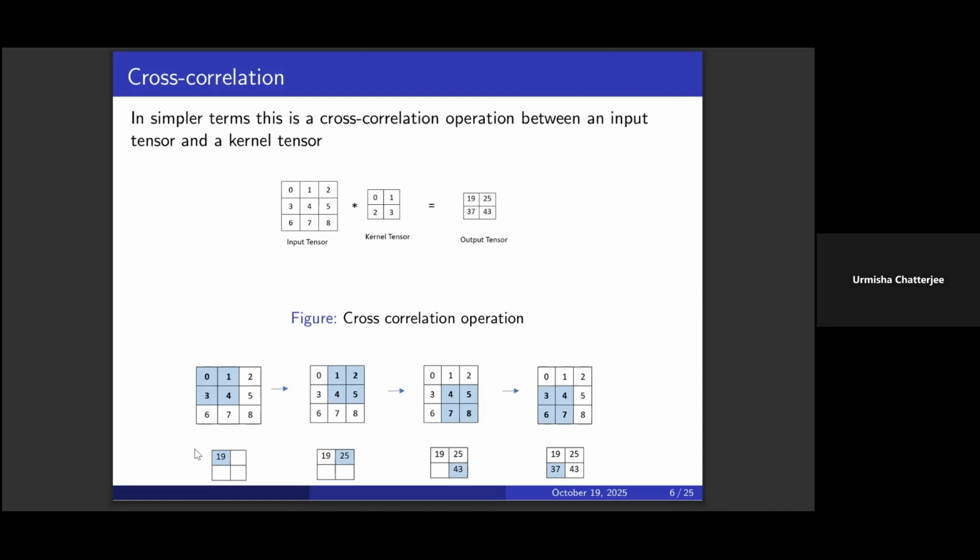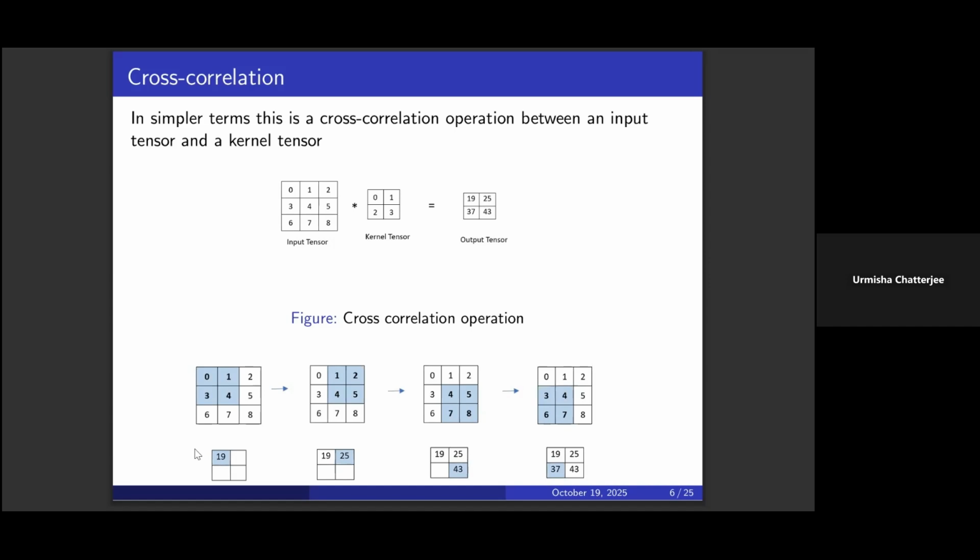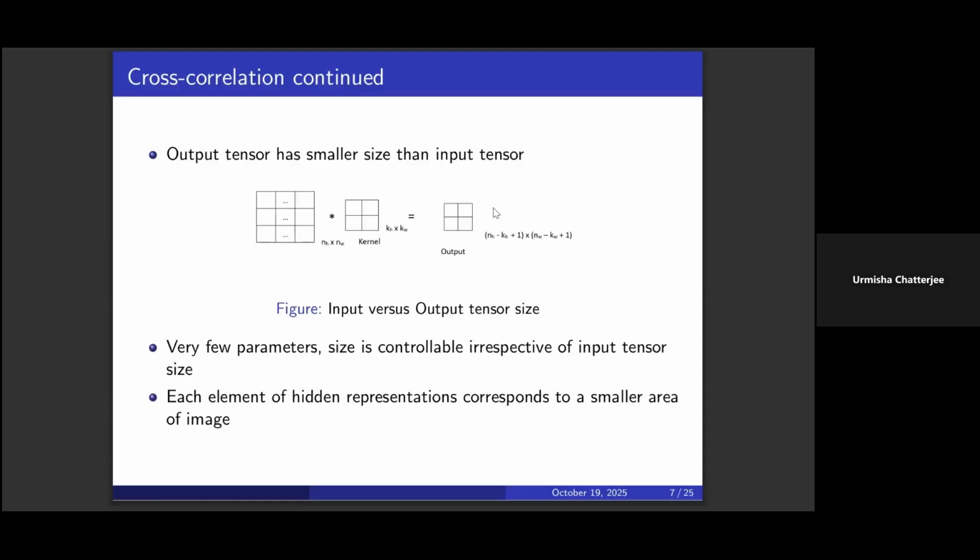So this is the cross correlation operation. Before moving on to see what exactly this operation is doing, there are 2 points worth mentioning. First, whenever we are doing a cross correlation operation, see that the output tensor that comes out has a smaller size than the input tensor. This is one typical thing. It has one advantage: when we have very high pixel images, we of course want an output tensor with a lower resolution.